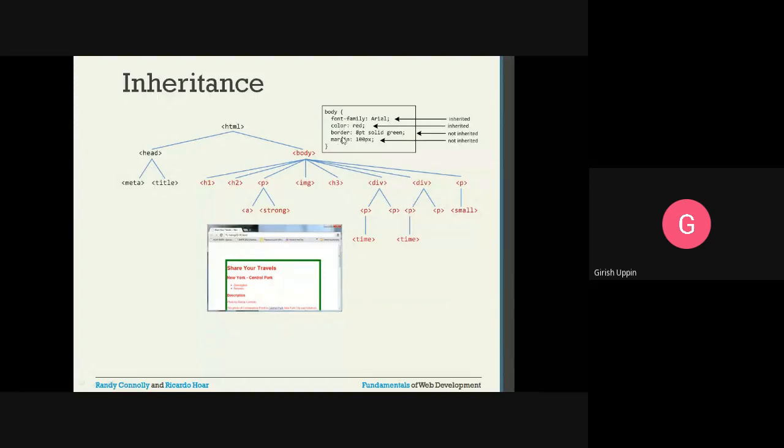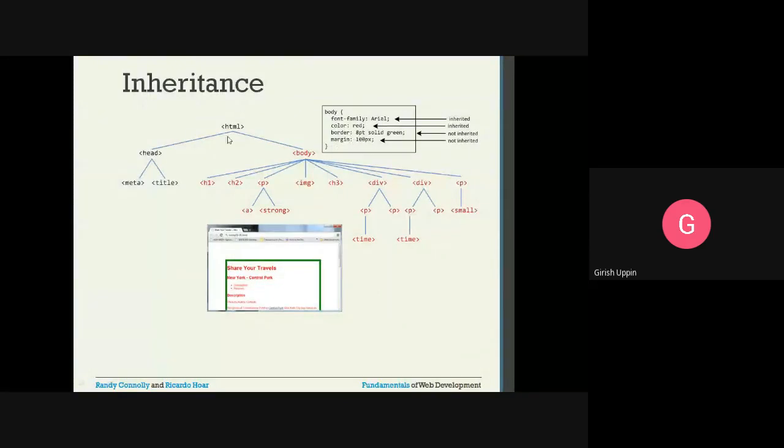Out of these, font-family and color are inherited. What is the meaning of inherited? Whichever HTML element is inside the body will inherit this font family and this color. The other two properties, border and margin, are limited to only the body. These are not inherited.